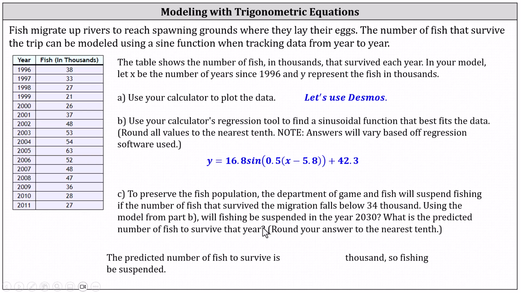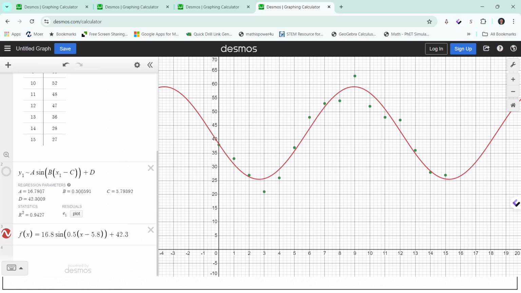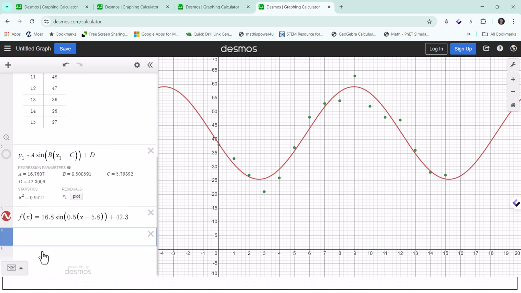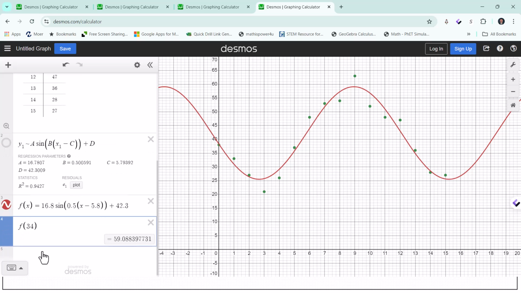Let's first determine the value of x for 2030. To determine the value of x, we subtract the base year of 1996 from 2030, and therefore we use x equals 34, meaning we need to determine y of 34, or, going back to Desmos, f of 34, and then see if that value is more or less than 34,000. Going back to Desmos, because we have the model in as f of x, we can simply enter f of 34 in cell 4,